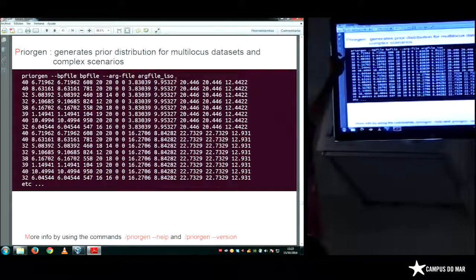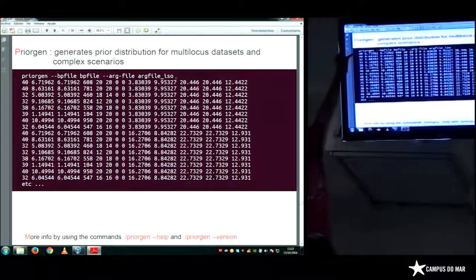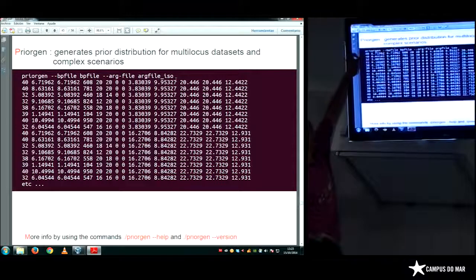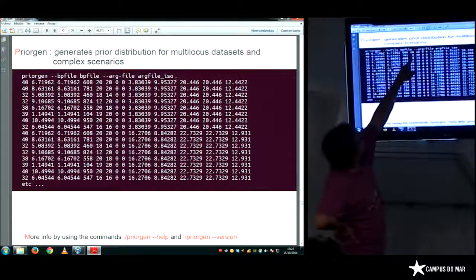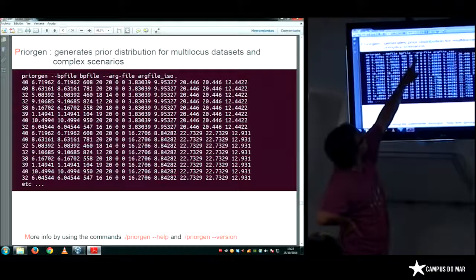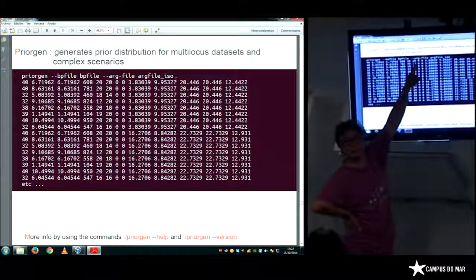So here it is taken in the BP file. It is the sample size of each locus. So remember that for locus 1, the sample size was 40. Locus 2, the sample size was 40. Locus 3, the sample size was 32. Okay? And here you have the sample size in population 1 and in population 2.